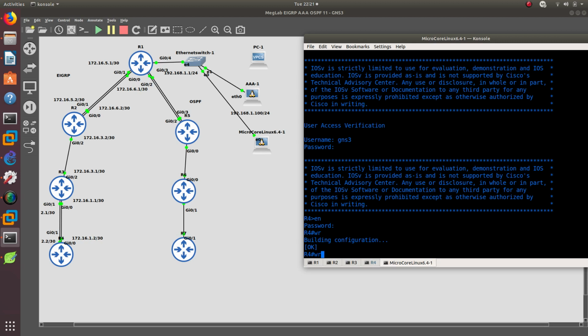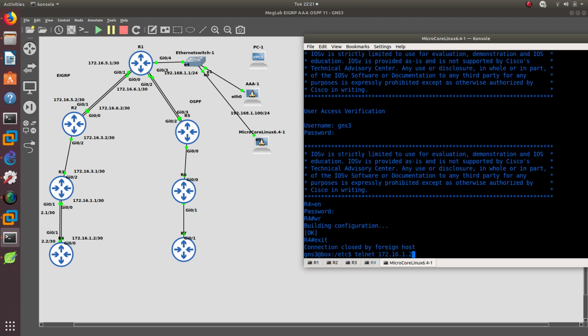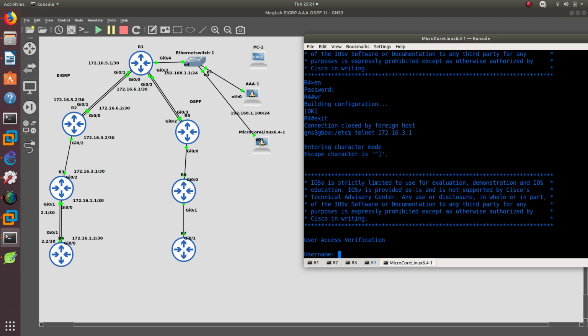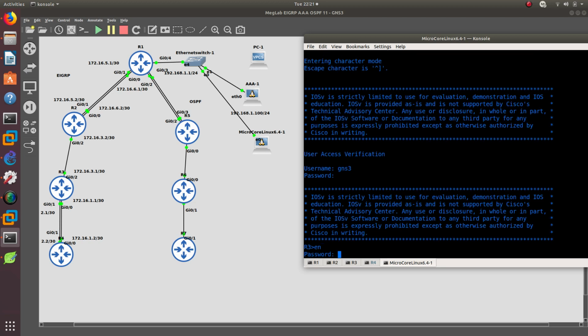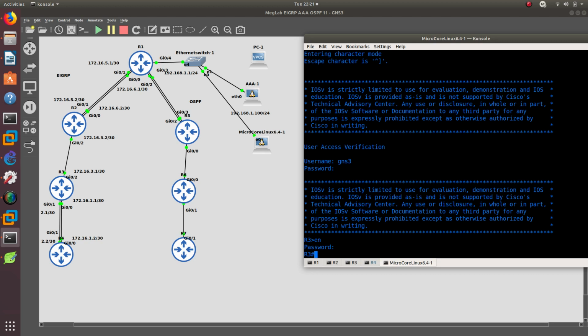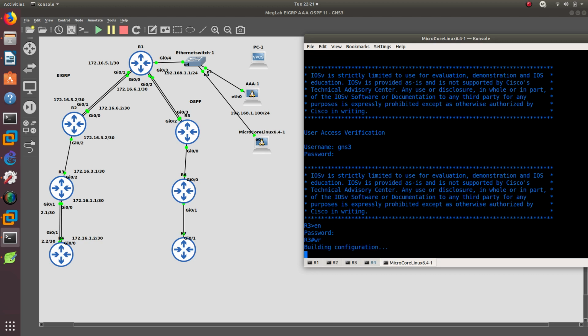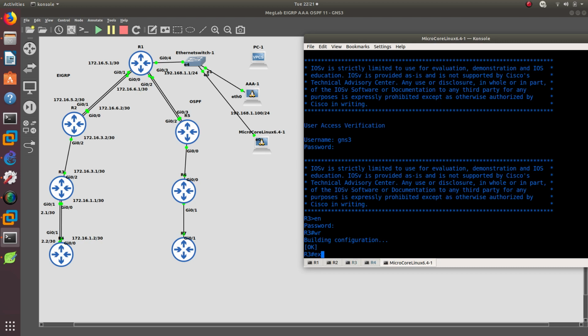Now let's exit, and let's go to router 3, which is 172.16.3.1, GNS3, GNS3, enable Cisco, save it, exit,